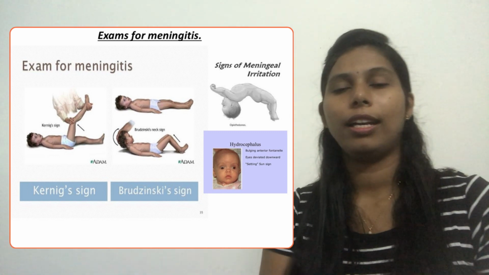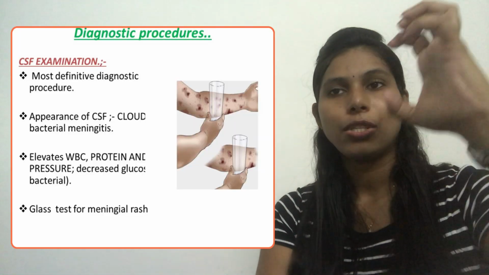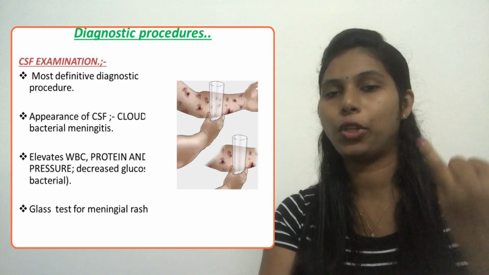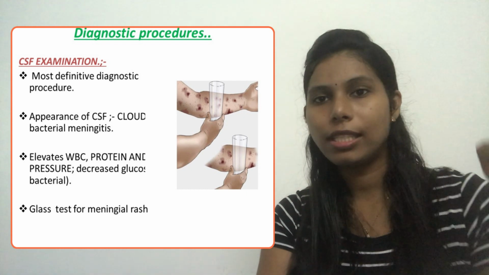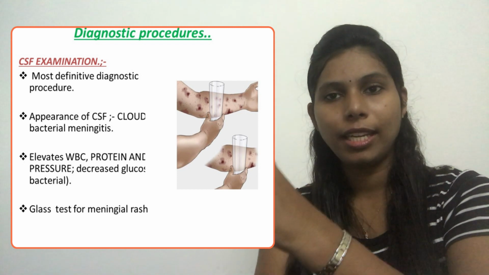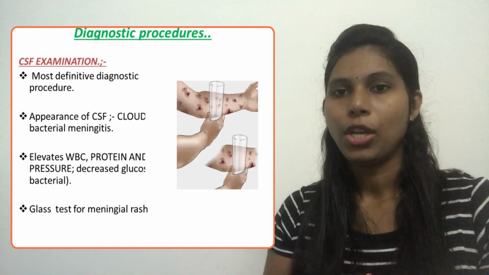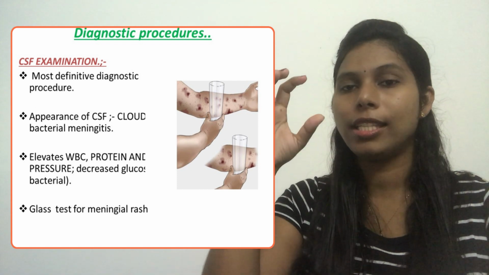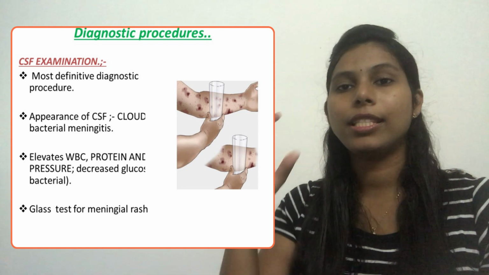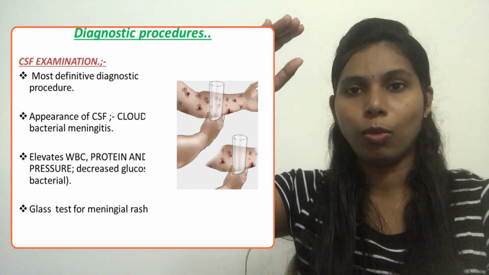Now we will move to the diagnostic procedures. What is the confirmation of diagnostic procedures? We already studied that when the healthcare provider or the examiner checks Kernig's sign, Brudzinski's sign, opisthotonos position, then sunsetting eyes, all these things are connected. Then the confirmation of meningitis will be done by examination of CSF, cerebrospinal fluid. So if it is bacterial meningitis, the CSF will be cloudy. We know that normal CSF will be clear. And at the same time, in normal CSF, the glucose is the one more.